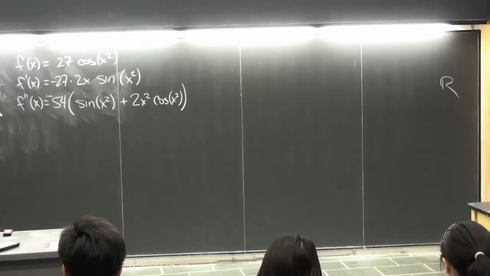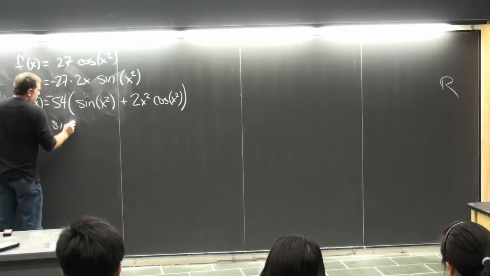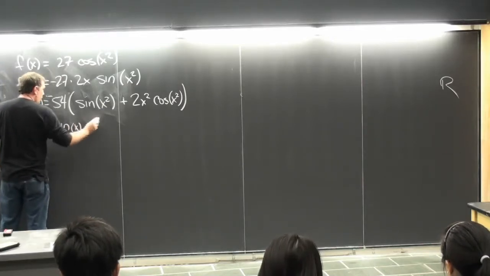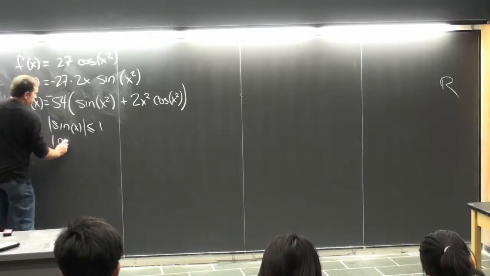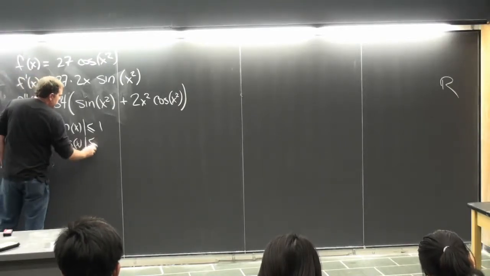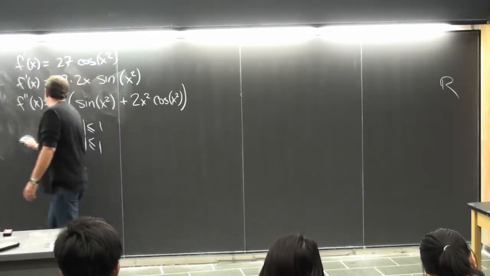Now, we want to maximize this between 0 and 1. But the problem tells you, don't worry about where the cosine and the sine exactly are the biggest. Just notice that sine of x is always less than 1 in absolute value, and so is the cosine. And since this is just an estimate, it's okay to just replace the sine and the cosine by 1, because they're never bigger than 1. So this is always less than